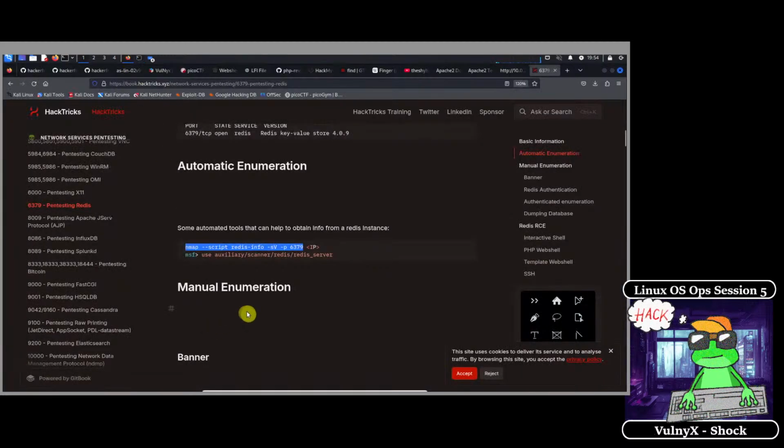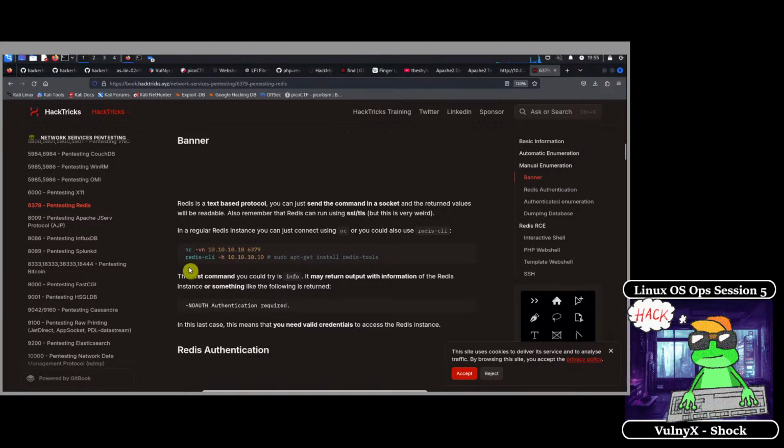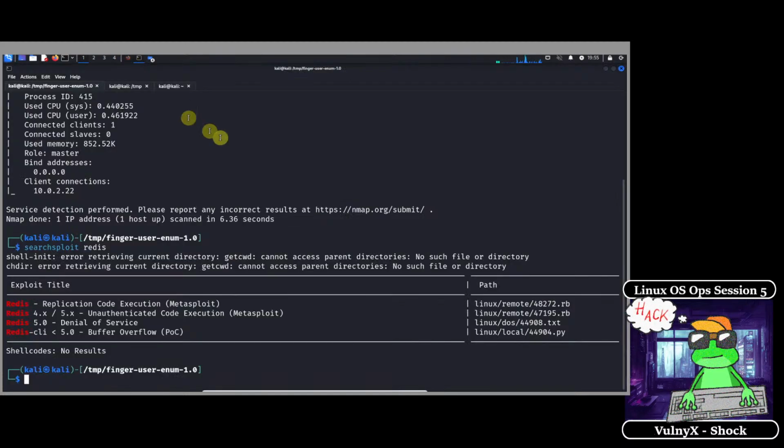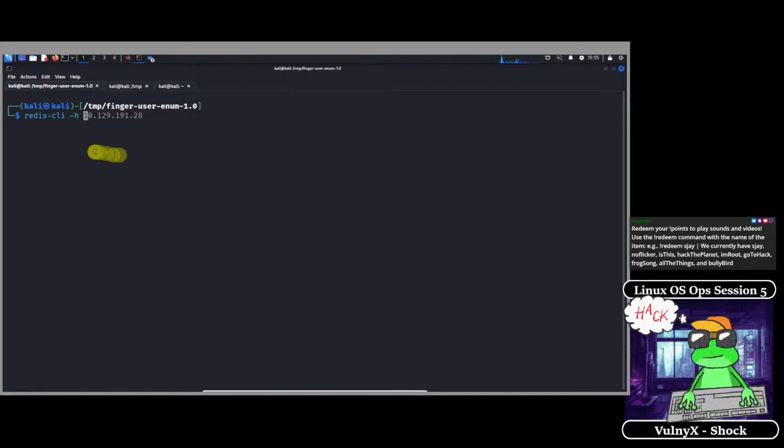But over on HackerFrogs, we also have the scanner for Redis server. What we can also try is using the Redis CLI, and I do believe the Redis CLI is installed by default on Kali Linux. So let's try redis-cli. Yes, Redis CLI is available to us. So we could manually log into the Redis server if it has anonymous logins enabled, or if we're able to guess the username